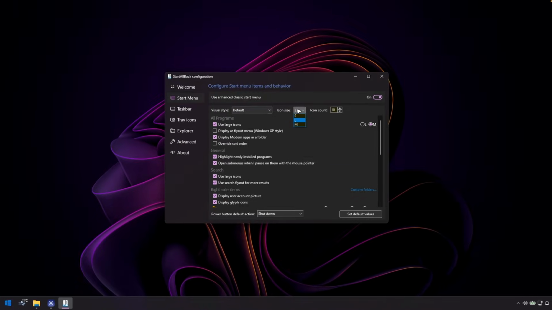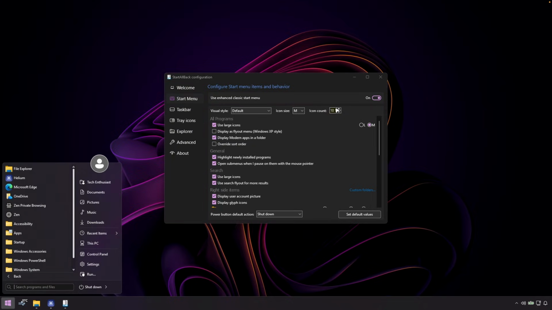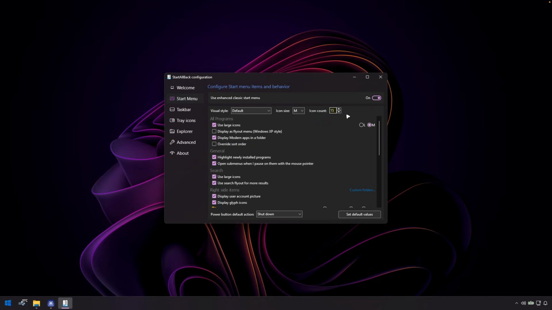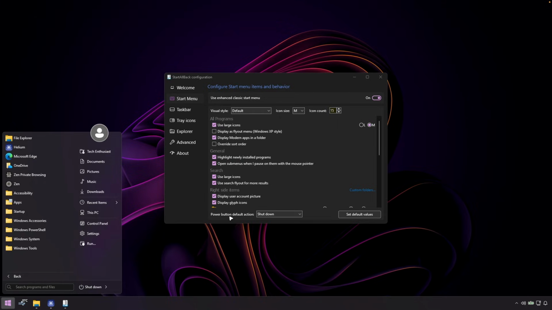Then here you can also change the icon size, for example, to medium like this. And then for icon count, let's put this to, for example, 15. And now we have this much bigger start menu. In my opinion, it looks way better than before already. But down below, you can also modify